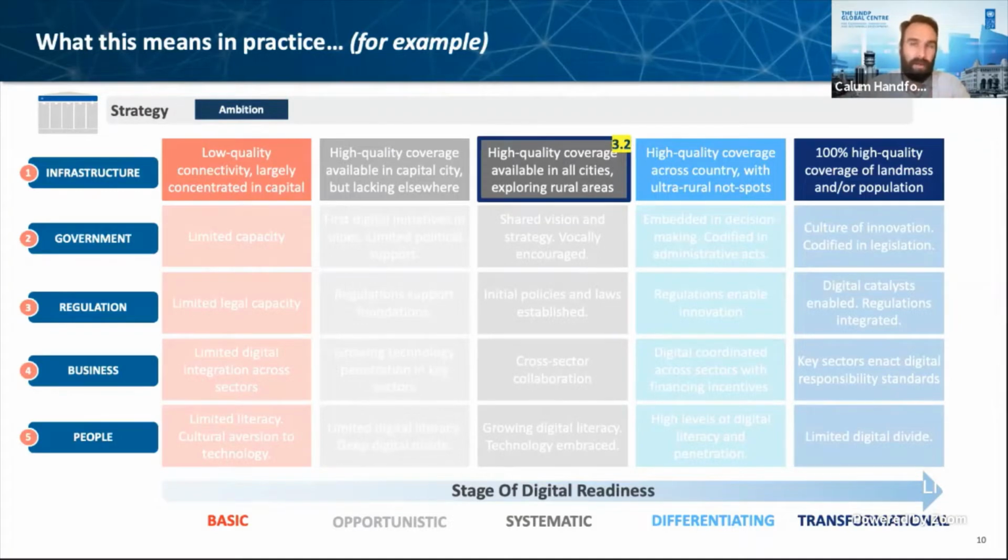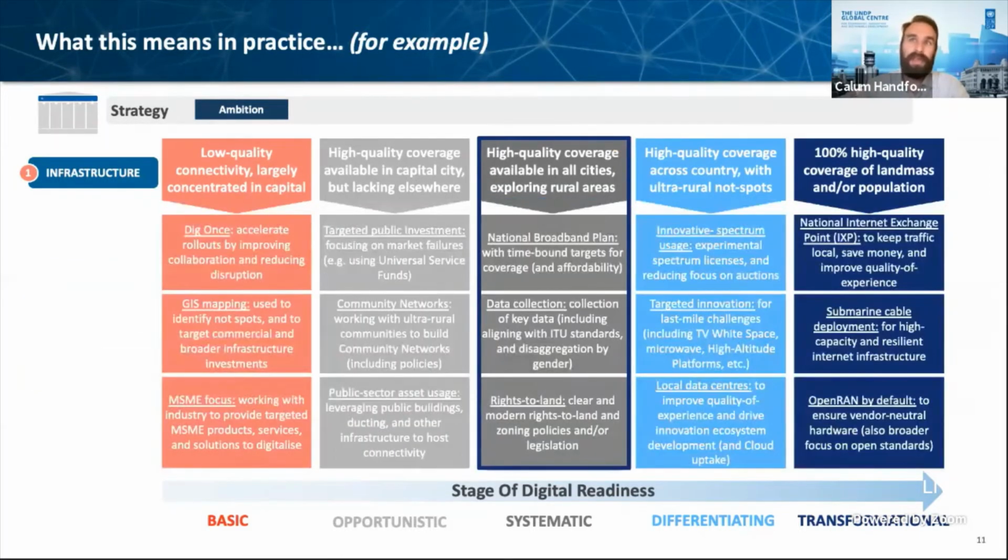But behind every single one of these boxes, UNDP, in collaboration with our partners, including governments around the world, we've put together a menu of policies, legislations, innovations, and interventions that governments and their partners in the private sector, civil society, and elsewhere can start exploring and implementing in order to advance their digital transformation efforts. So for example, just to stay with connectivity for a little bit longer, a country that scores in the systematic level, we have a very long list of interventions that they can look at to solidify that position, but also to advance to the next step.